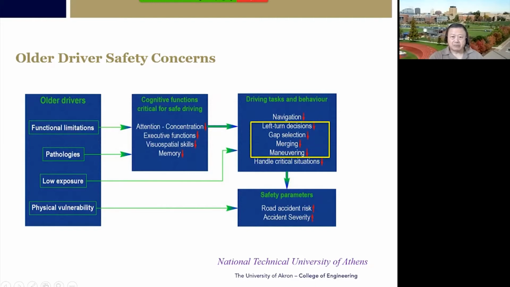Now, cognitive functions are so important for driving because they concern concentration, execution, and of course your memory. And specifically related to this research, at the places where older drivers need to select a gap to enter